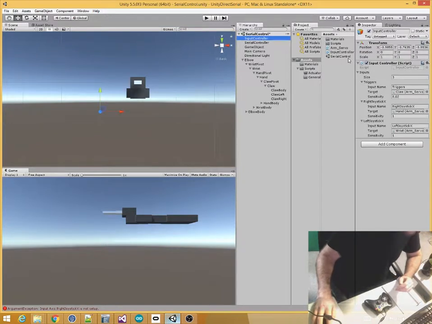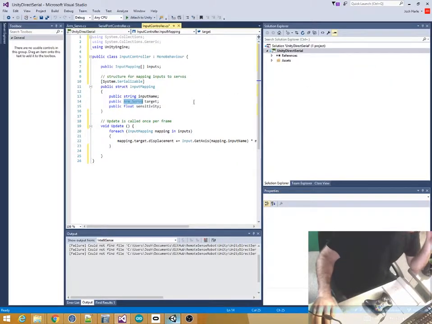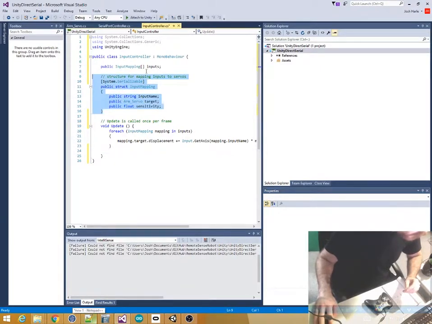The next thing that I've done is just written a very simple script called input controller. I've made a new empty game object, added the input controller script to it, and this is super basic. All it does is allow you to map a particular named input to a particular part of the servo arm, and then also set a sensitivity. So this thing is maybe a little bit intimidating. It's just a nice way of allowing you to set up